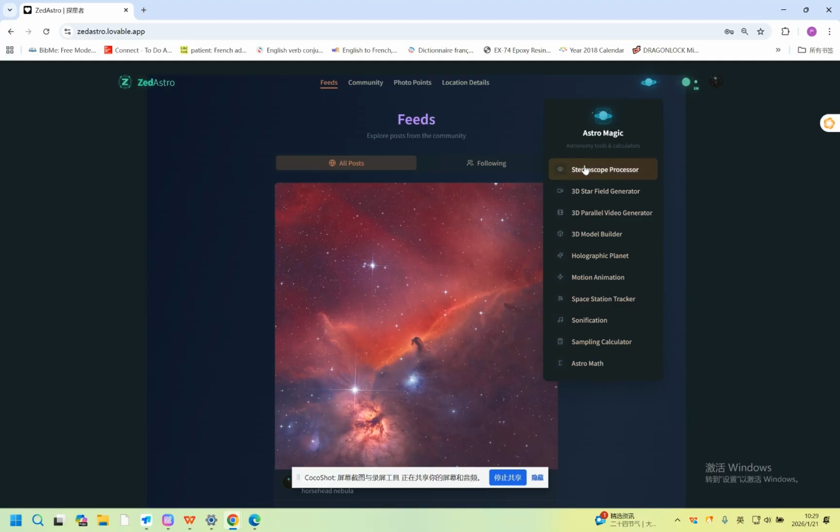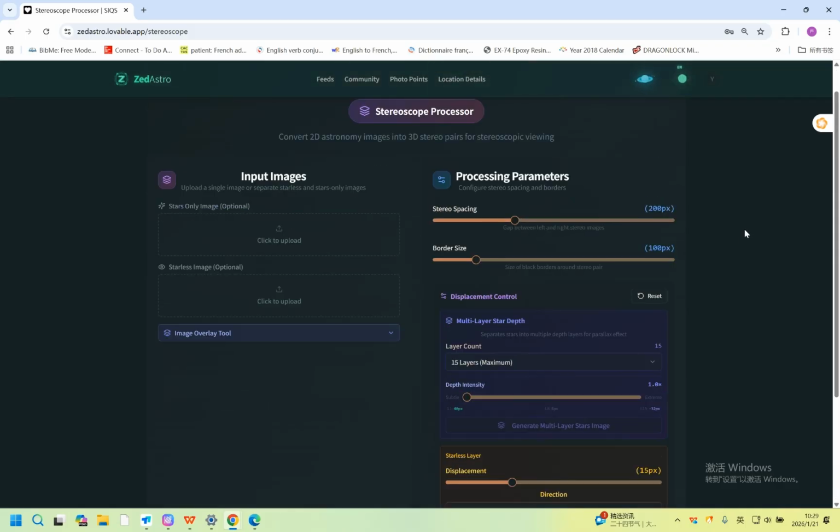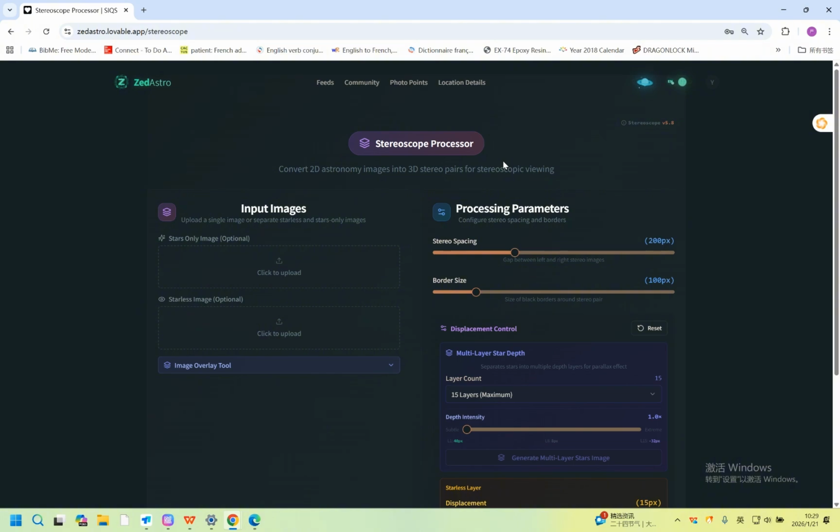So first is our stereoscope processor, and that's the work I put most of my effort in for the past 6 months. And we're going to see how exactly it works. I'm going to hide this. So for most astrophotographers and amateur astronomers, you are probably already familiar with dealing with your deep sky images with